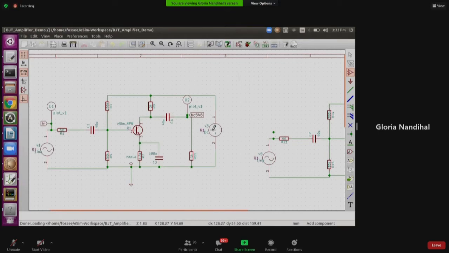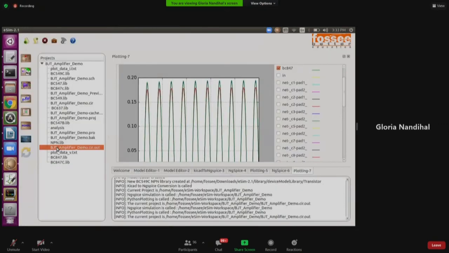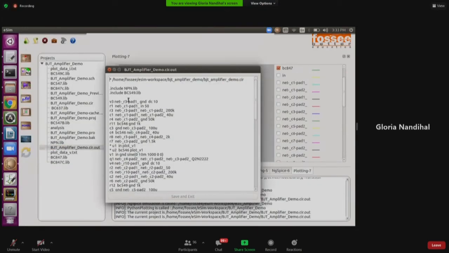If you see, the V3 is connected to the node that is connecting the R3 as well as to the ground. That's what, in the introduction class, how you can write ngSpice is between the nodes. So the V3 is connected to the junction of R3, one end, and the other end is connected to the ground. And the V3 is a DC source, and the value of that V3 is 10. Are you able to understand it?